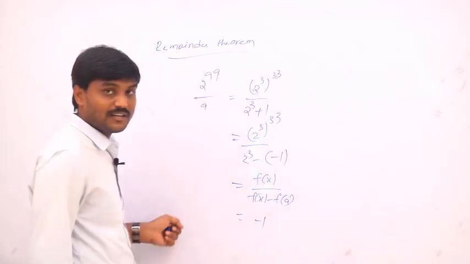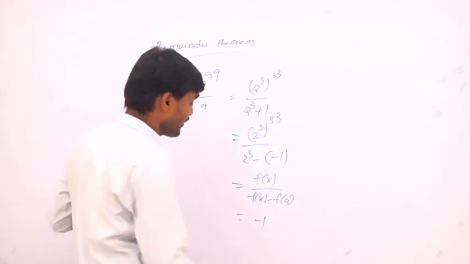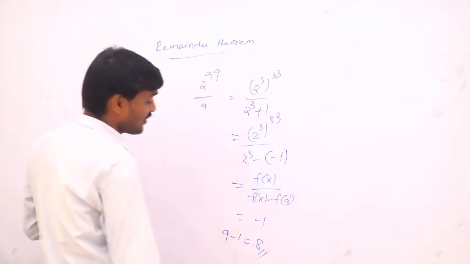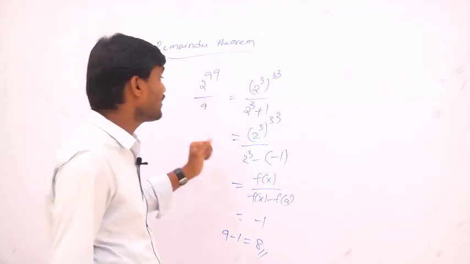So a remainder of minus 1 is not possible. That's why 9 minus 1, 8. 8 is the remainder. This is one way. Then an alternate way you can take